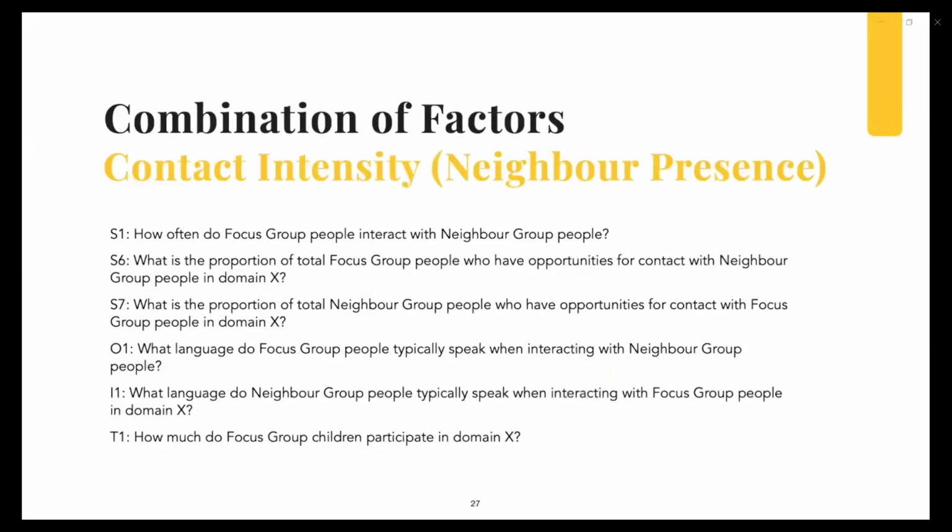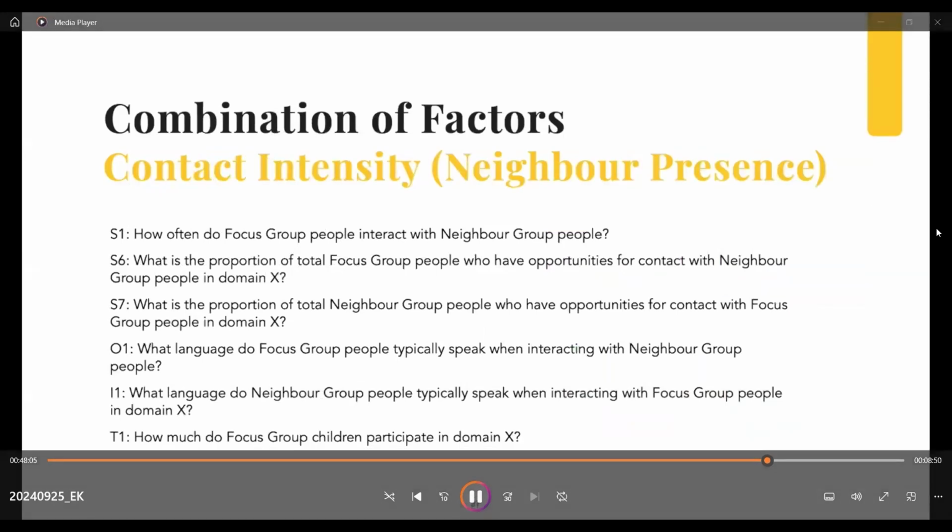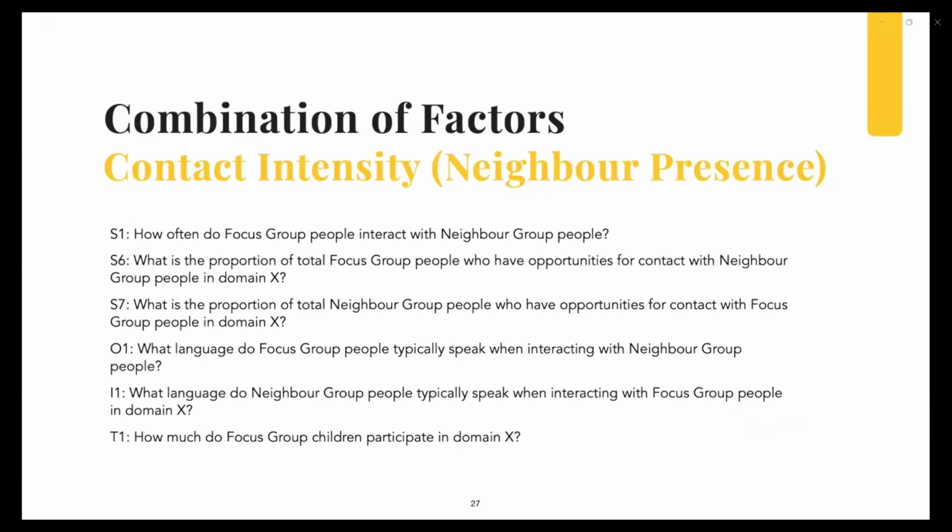What we've just looked at were counting simple yes or no answers to whether there is contact happening in a certain social domain or not. But what about the other explanatory factors that we got data for? And what about combining multiple factors to try and get at a measure for various conglomerate or multi-causal factors which have been suggested as directing the course of language change? There's ways to do this, so we'll just do a demonstration of one multi-causal factor which we call the presence of the neighbour community.